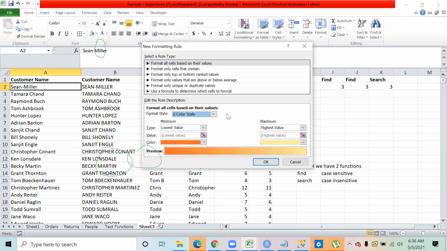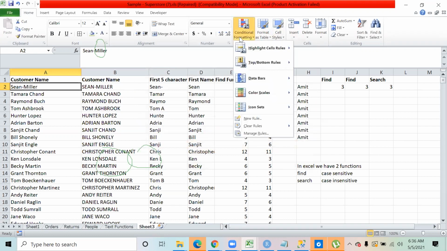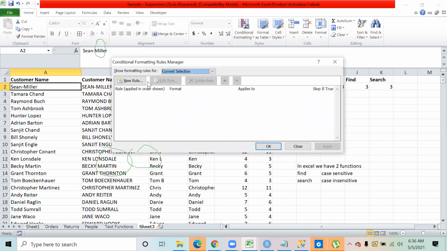I have explored, Amit. My question is, here is manage rules, you said this is for editing purpose, if I want to change anything on my existing rule. Correct. There is another option called duplicate rules. After creating a rule, I have duplicated that rule and I have done some editing. Is that a good way to do it? Yeah.